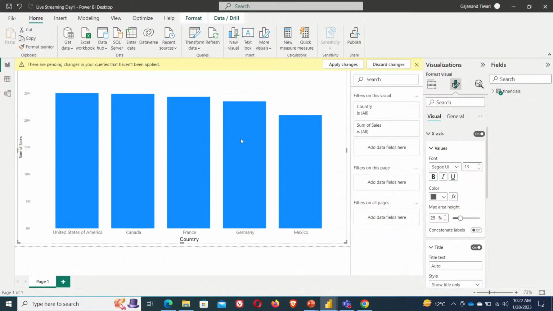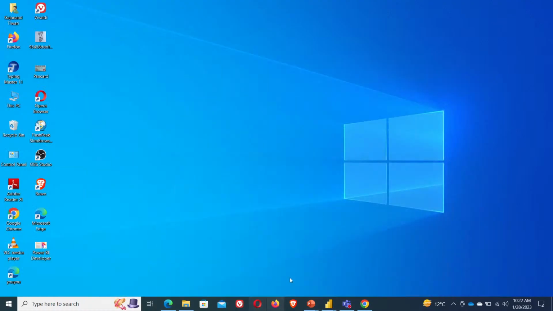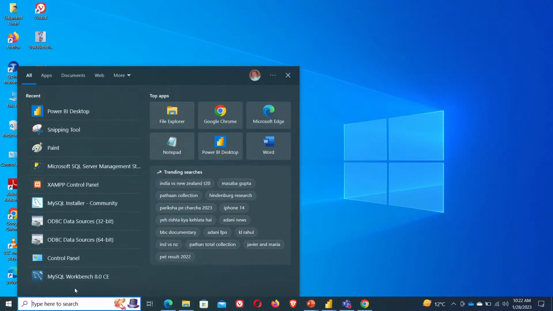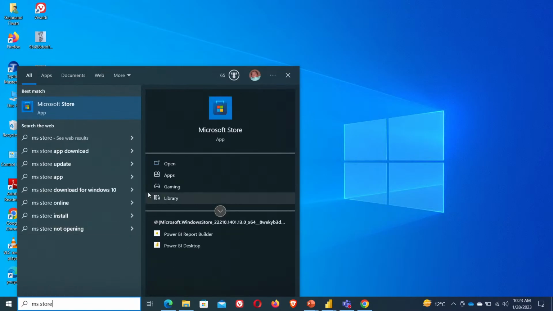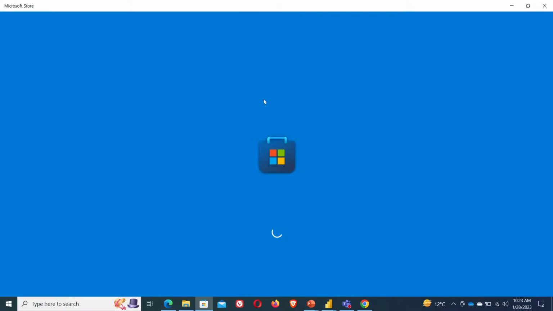So for the installation part, how would you install Power BI? I would recommend, don't go anywhere, just type MS Store and open it. And after that,